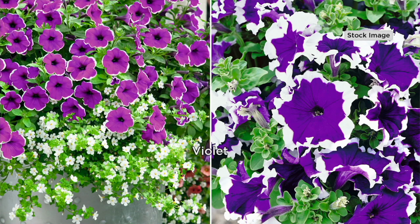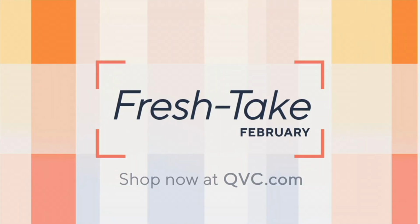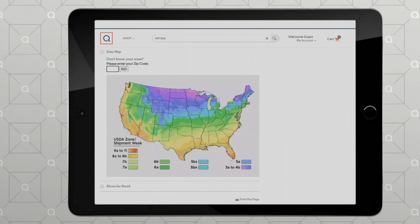Now again, when you go to the zone map, it is split up into different colors. And that'll give you a good indication